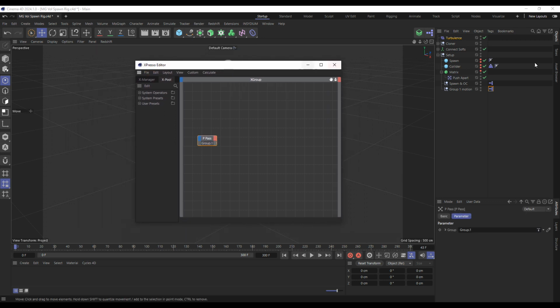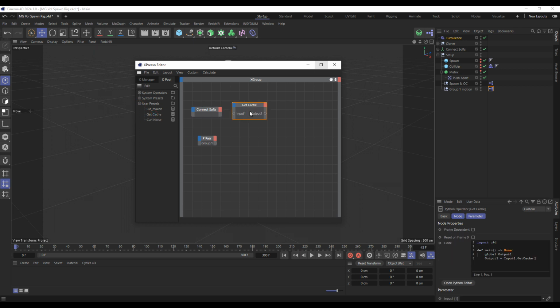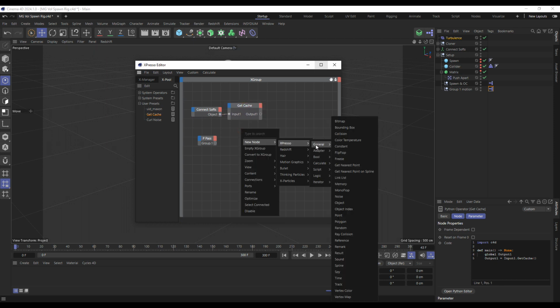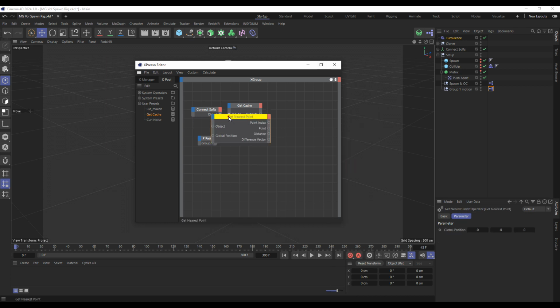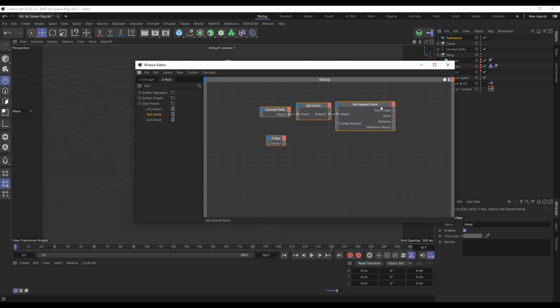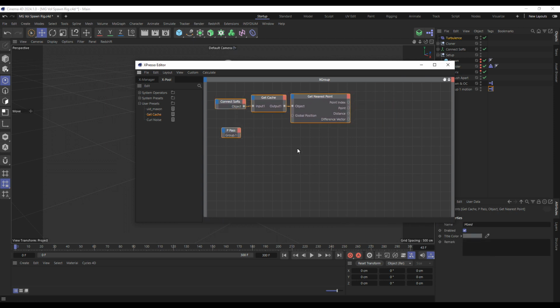So we want our connect object, and in your user presets, which hopefully you've created, the get cache node, which should turn yellow if it's unhappy, and then get a nearest point node, and then